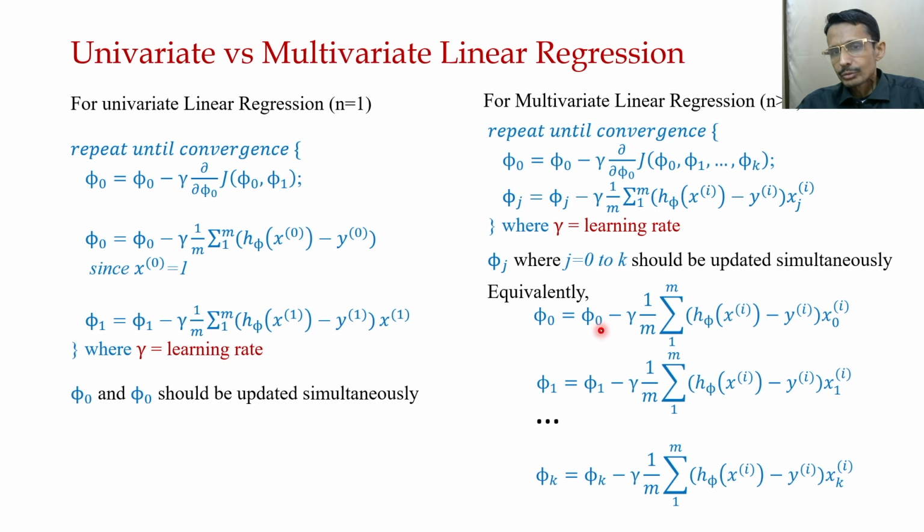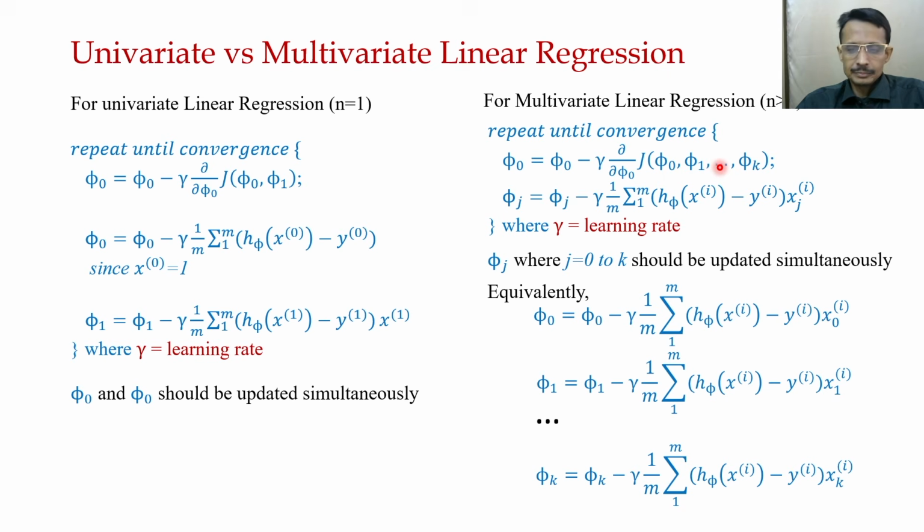So phi 0 is equal to phi 0 minus this term, this is the differential for x0i, the same thing for x1i and so on, and phi k is equal to this. So what is the basic understanding? The things are very similar, only the dimensionality changes. Before it was single dimensional, where the cost function is bivariate; now it is multidimensional or k dimensional, and the cost function is k plus 1 variate. That is the main difference.